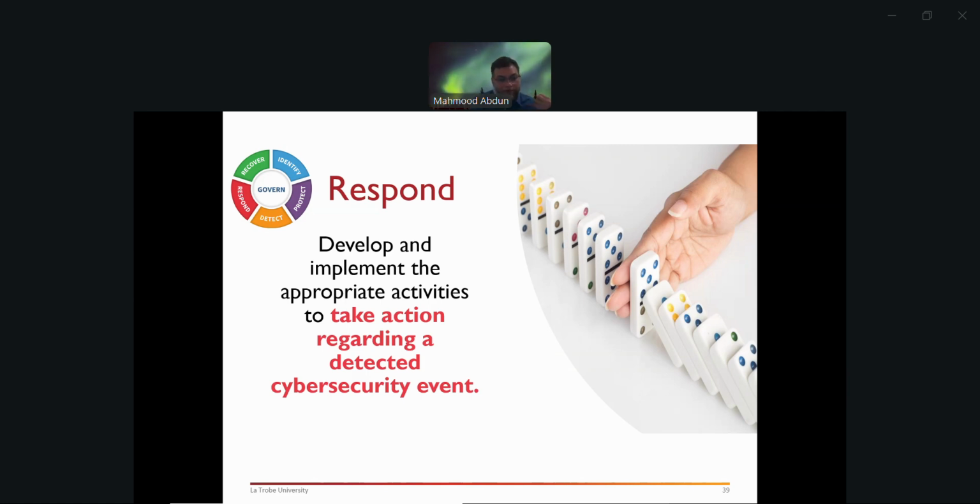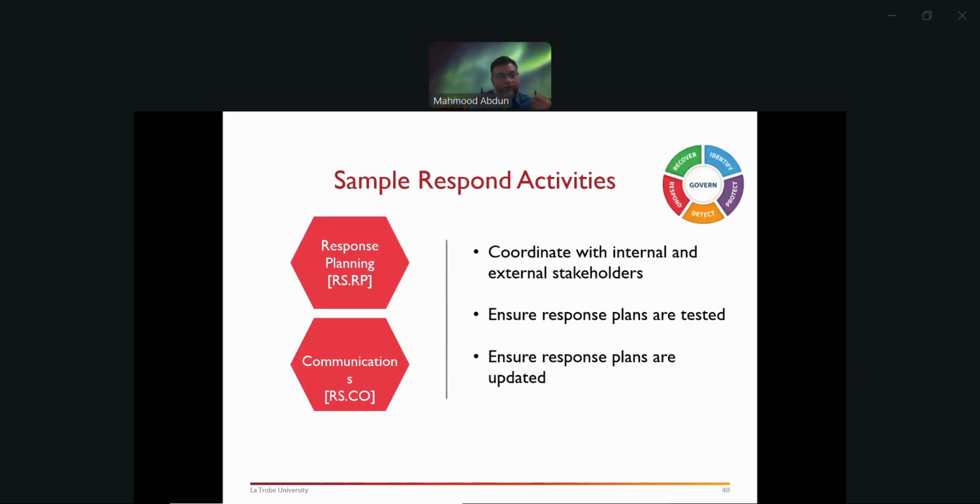In the respond phase, what you're doing is communicating with your stakeholders and identifying the actual breach or problem that happened, whether it's an open port that needs to be closed, or a database that got hacked into and data stolen. What would be the next step for each of these to stop this attack?